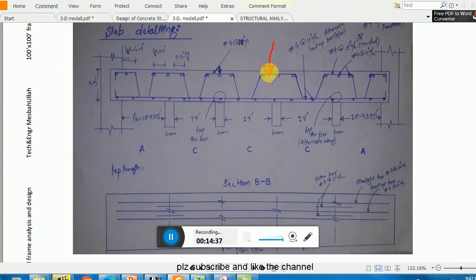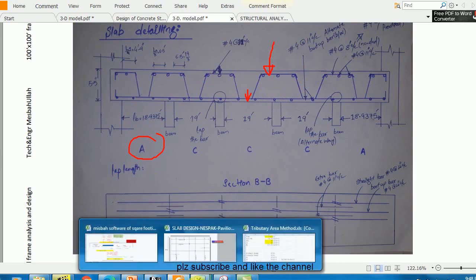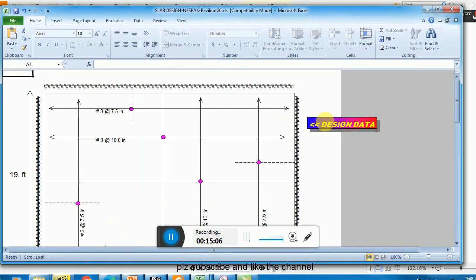see this reinforcement, and this reinforcement is critical, not the middle one, okay, not the middle one. Basically the negative reinforcement is critical. Clear? This is very important, and I will explain this, okay, in my previous lectures. And what are the other things, okay,